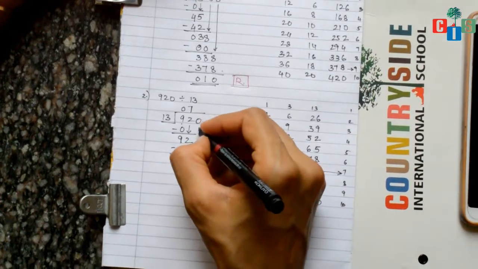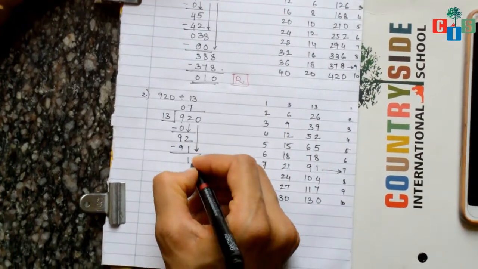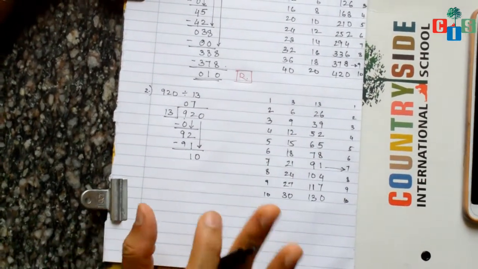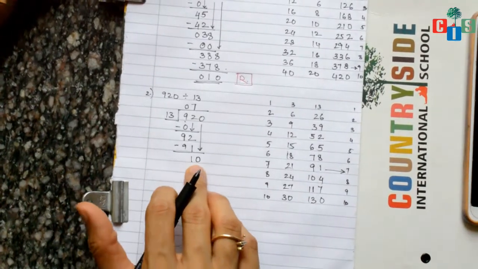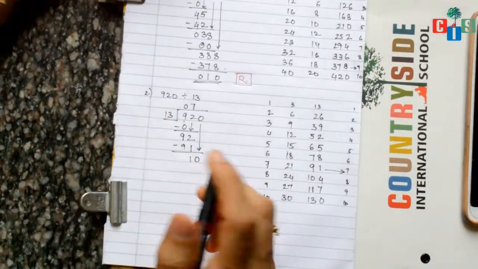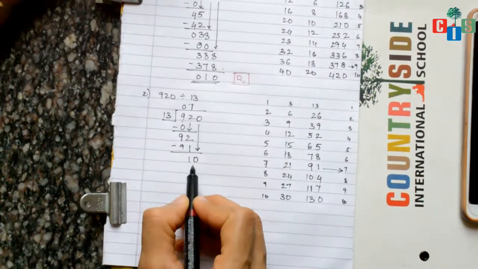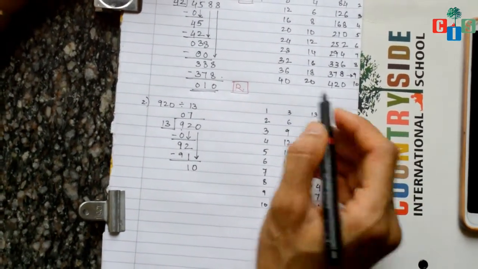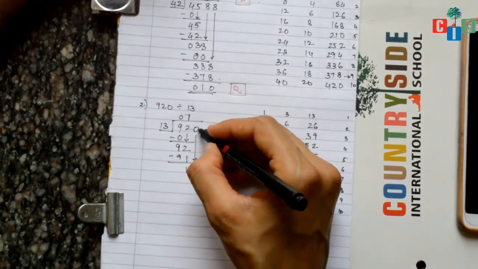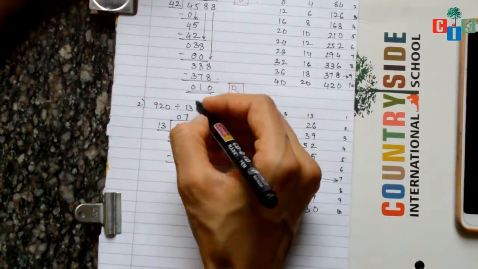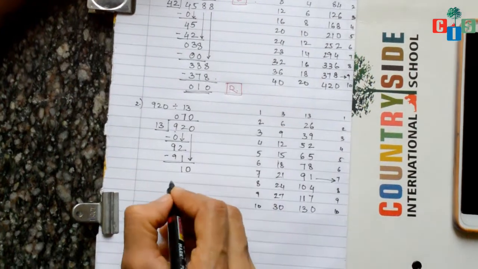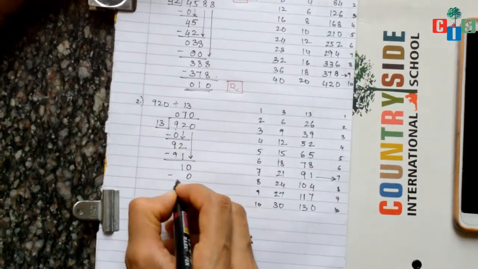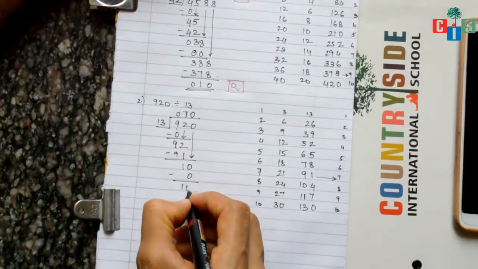Okay. Now this 0 I have to bring it down. Now many students make a mistake here. Now it's 10 and it's 13. So how many times does 13 go into 10? 10 is less. It will go 0 times. So as the digit is brought down, you don't have to forget zeros are. So 13 zeros are 0. 10 minus 0 will give me 10.